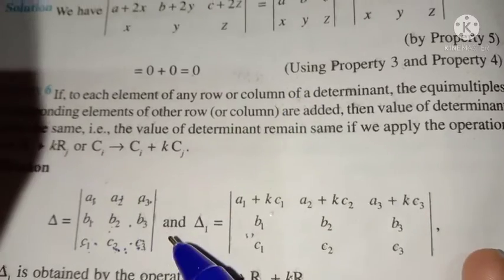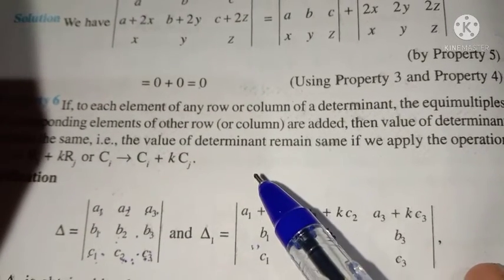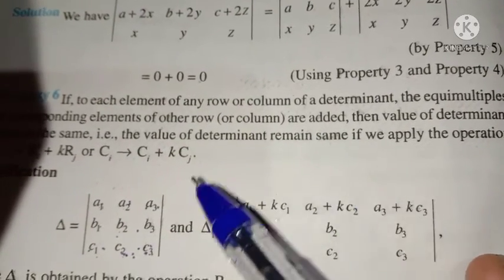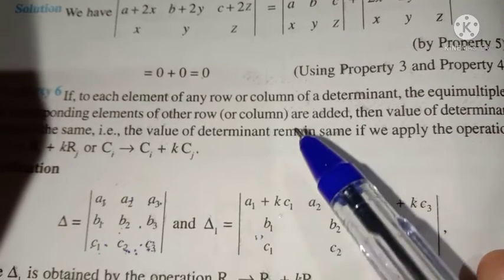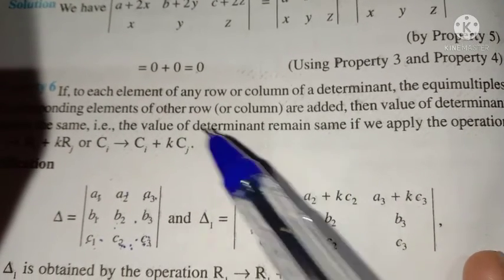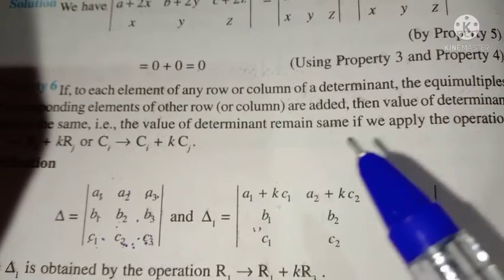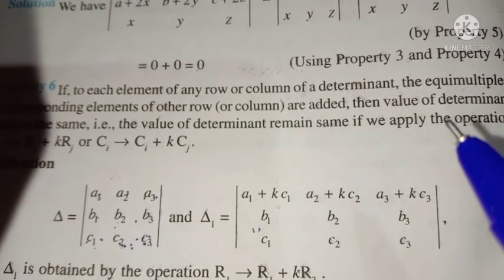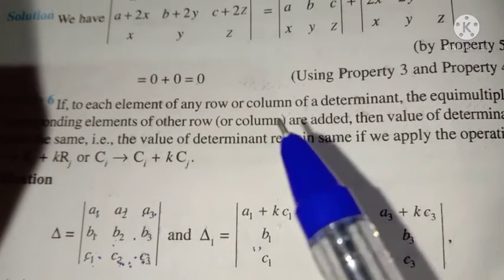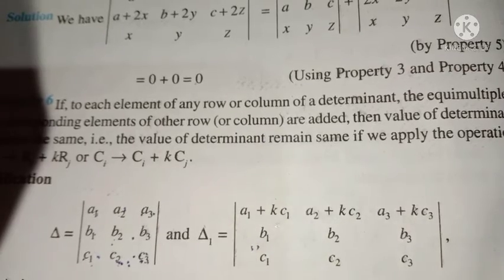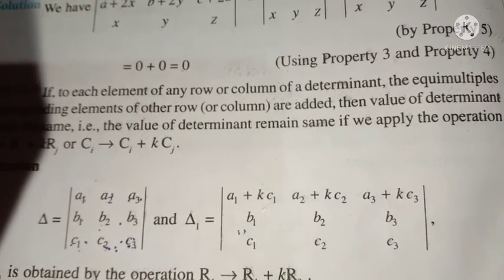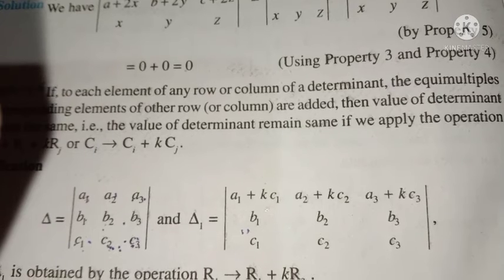Listen, this is an important property. You can see majority of problems are based on this result. Okay. So anyway, learn by heart all the 6 properties. All the 6 properties are very, very important. And in the next exercise, you can see how to prove certain determinants using these properties. Okay.